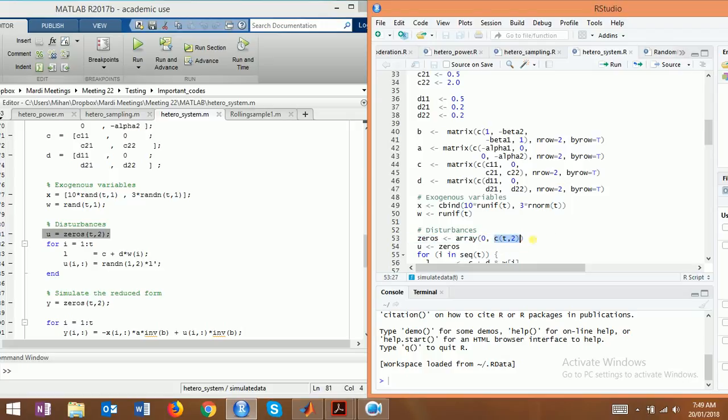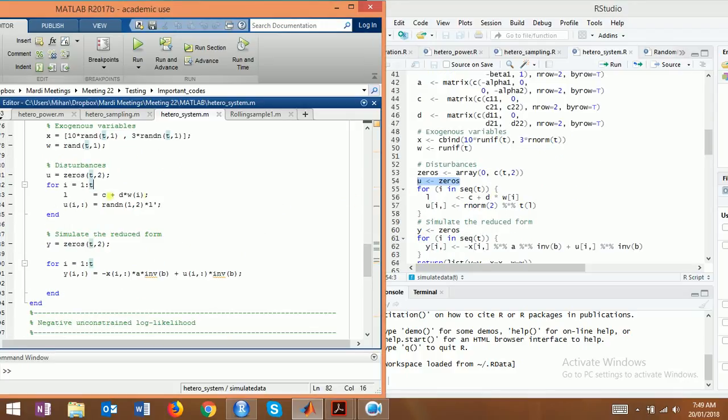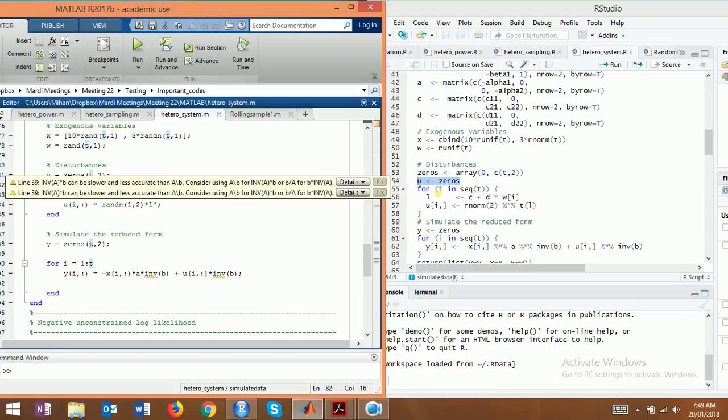for T rows, 2 columns. The whole thing in MATLAB is represented with zeros. Array of zeros, T rows, 2 columns. Combining T rows into 2 columns, array of zeros. Then I'm presenting this using this. Then for i in 1 to T, or for i in